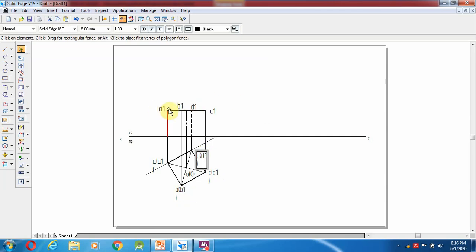So in the top, so this will become A dash, B dash, C dash.